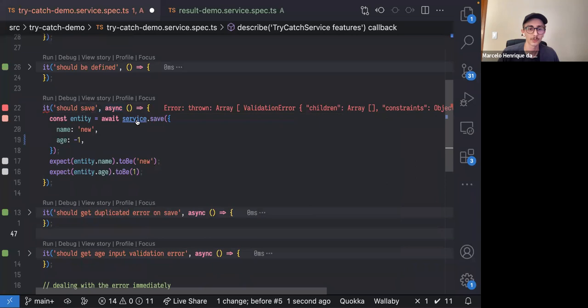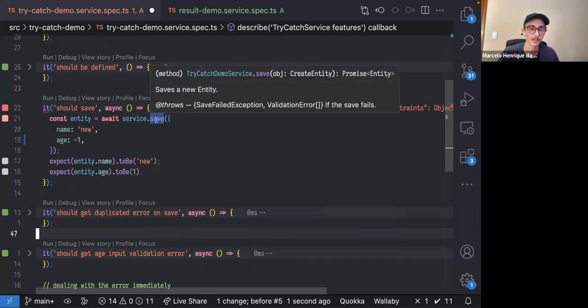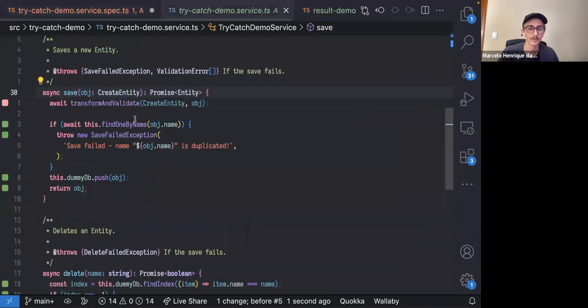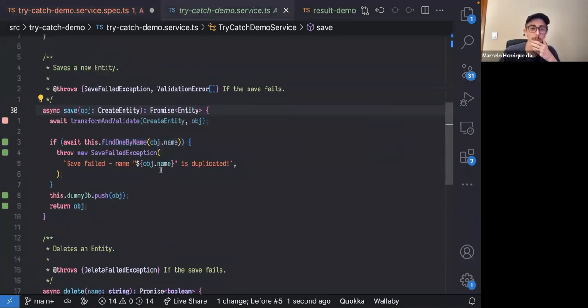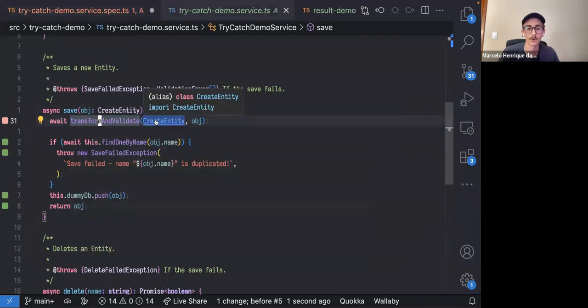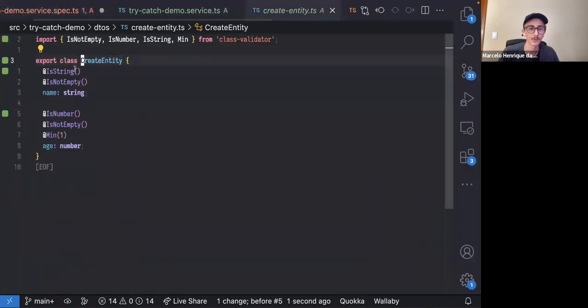Let's take a look at the service. We are going to consider it a black box, but we can take a look at the implementation and just see what's going on. So, for example, that error comes from the validation. So it's probably this line where we have a DTO, which has a couple rules, like saying that the name